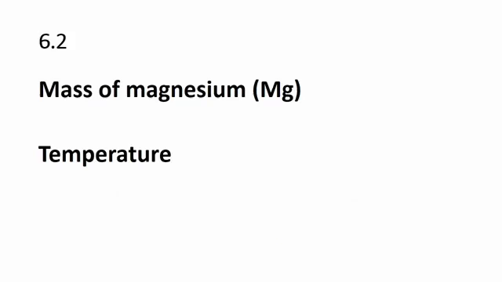And then 6.2, write down one variable that must be kept constant. So what must be kept constant here to ensure that the results we obtain are valid and reliable? We obviously have to maintain the same amount of magnesium, since the relationship that we are looking at here is between the concentration of the sulfuric acid and the rate of reaction as guided by our investigative question. So we would need to keep the mass of magnesium constant, and also we will need to keep the temperature